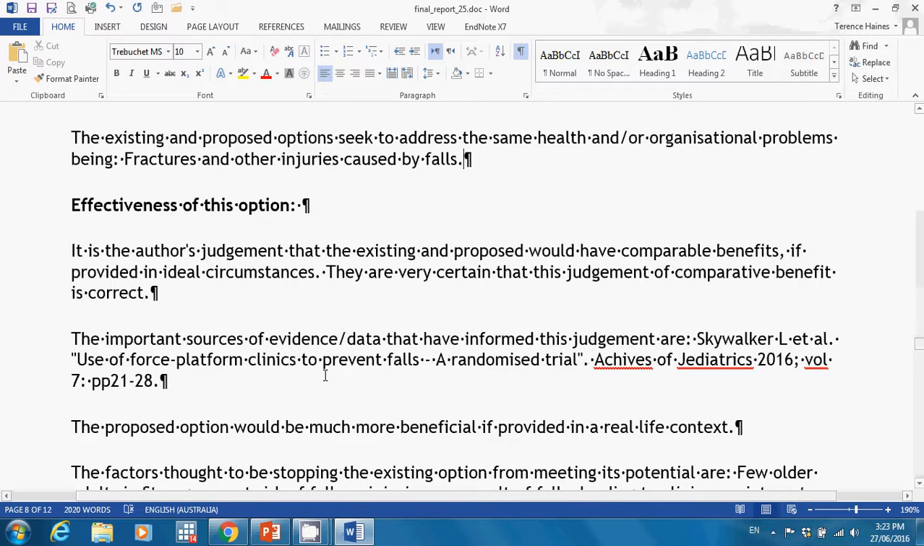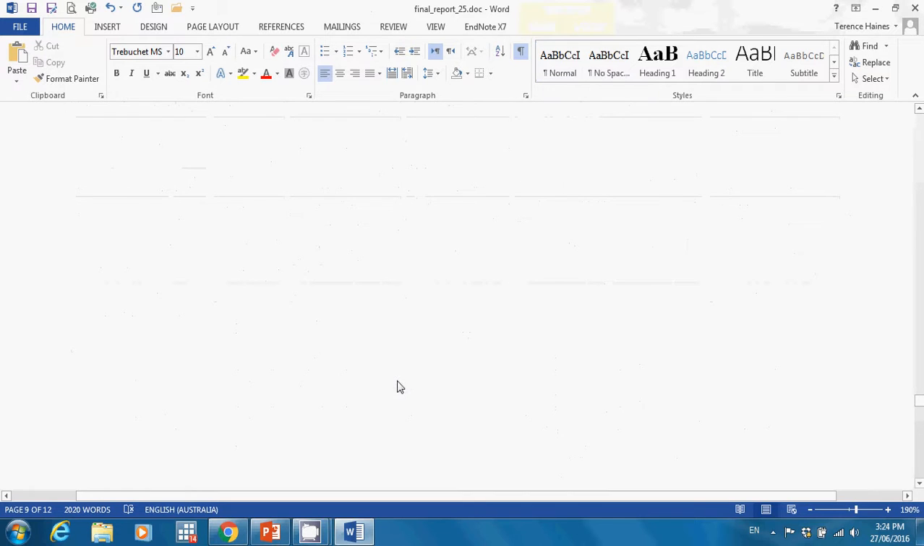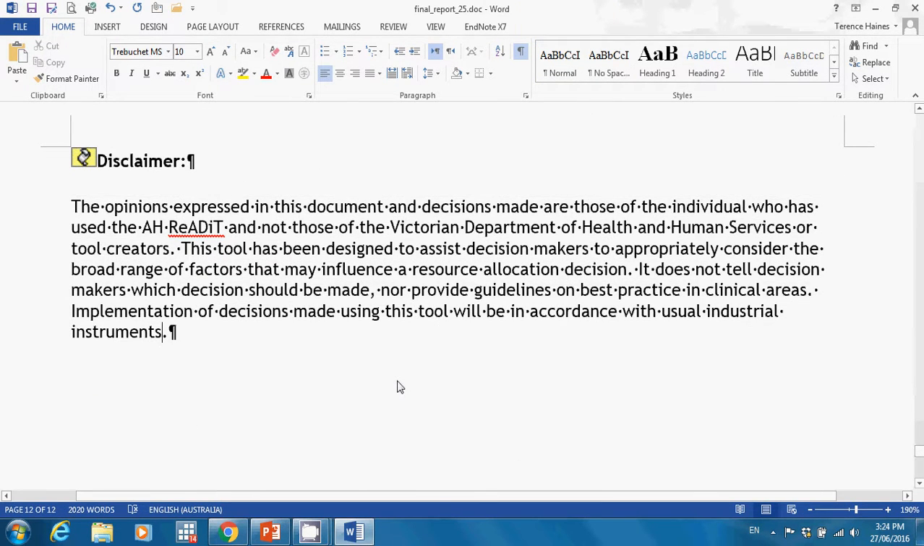Here we have all the other information, so here's our reference that we included earlier. Now, with generating this report, it's important to be using a PC. A Mac will not consistently produce this report, whereas a PC it will work very well with, and also using Google Chrome is the web browser that optimizes the functionality of the ReAD-iT, so if I can encourage you to use that. At the end of the report, we have all our stakeholder responses and we have a final little